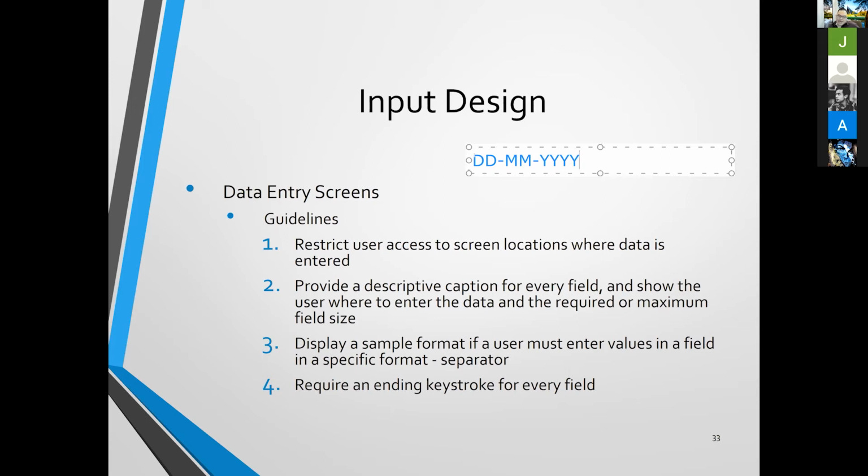Number 4 requires an ending keystroke for every field. The ending keystroke means what? Once the user finishes entering the data already, what do you want them to do in order to move to another field? For example,